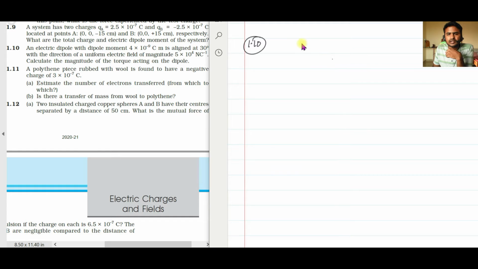Okay, all right. So we already know the formula for torque is P vector cross E vector. We have derived the formula P vector cross E vector in the theory part. If you haven't watched that, I will also leave the link in the description. Kindly watch those videos so that you will have a proper idea of what exactly is happening here. So P vector cross E vector is the formula, which is PE sin theta, where theta is the angle between the dipole moment and the electric field.